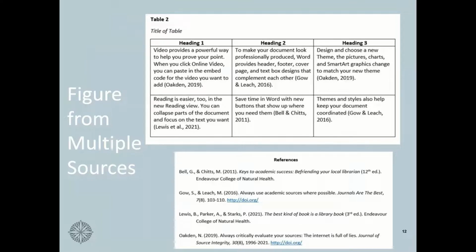Neither is more correct than the other. It is really just what makes the most sense in the context of what you're trying to do. So like I said, if it's very clear and you've got two or three or whatever different blocks of information, you can reference it like we have in the previous slide. Or if there are multiple references scattered through, like a table like this, or maybe you're referencing a diagram of a plant and you're using multiple textbooks to reference different parts of that, you can use this in-text referencing to differentiate between them.